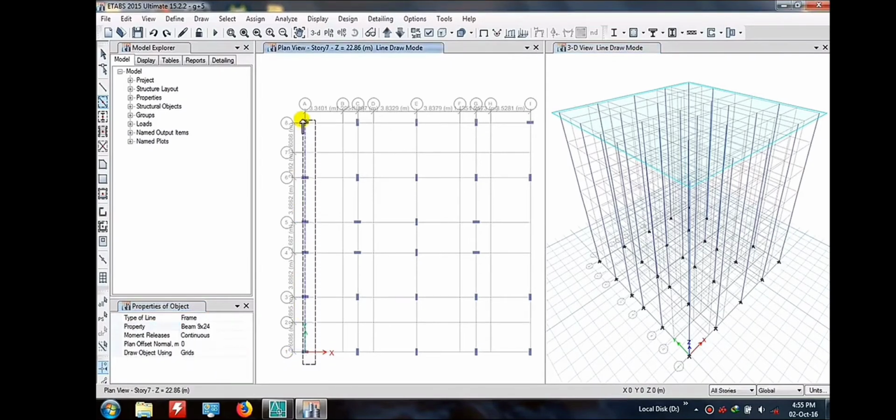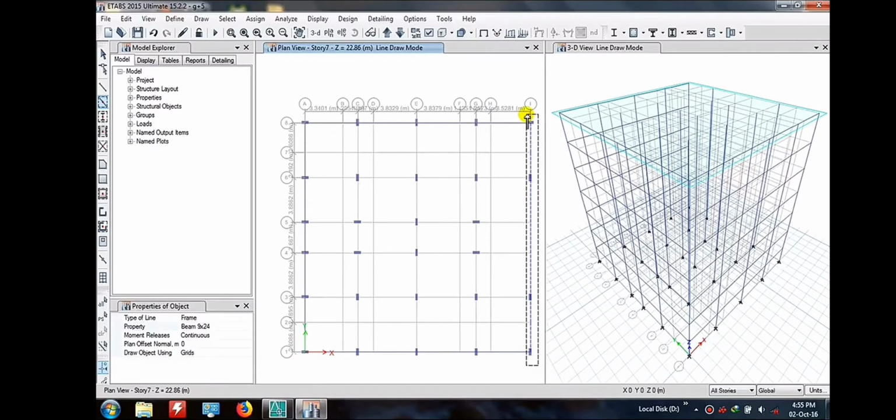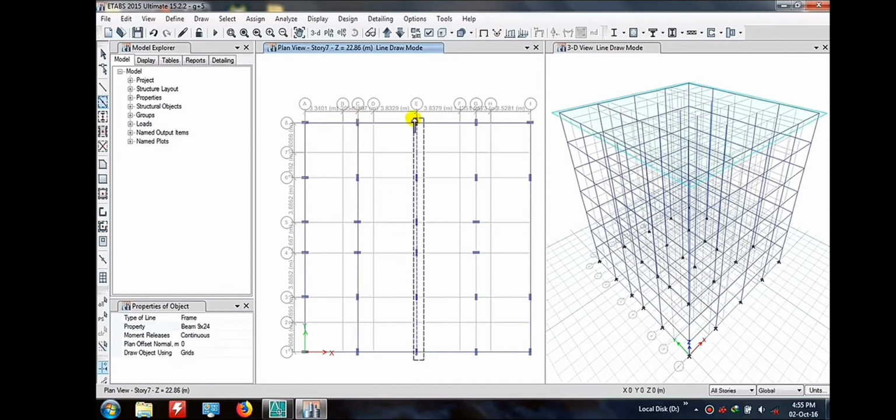So the easiest way, by using it, you can define your beams. We can select the number of beams which we have to assign, and automatically you are able to see I'm assigning my beams by using these techniques. So you can also use these shortcut techniques for the quick construction of your building within very less time.